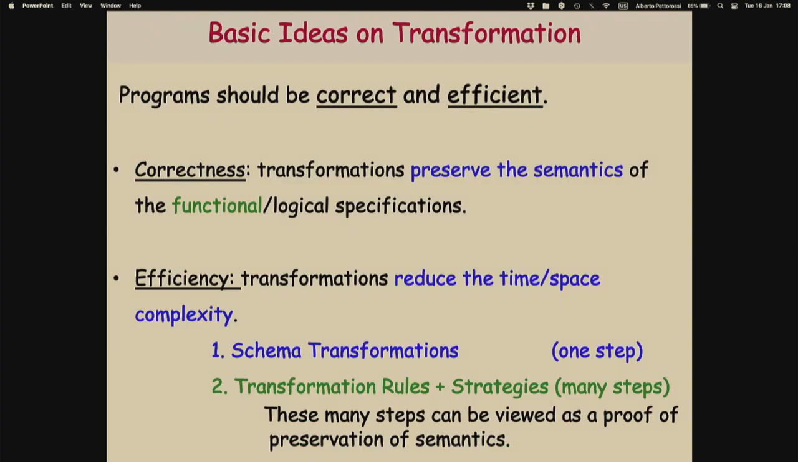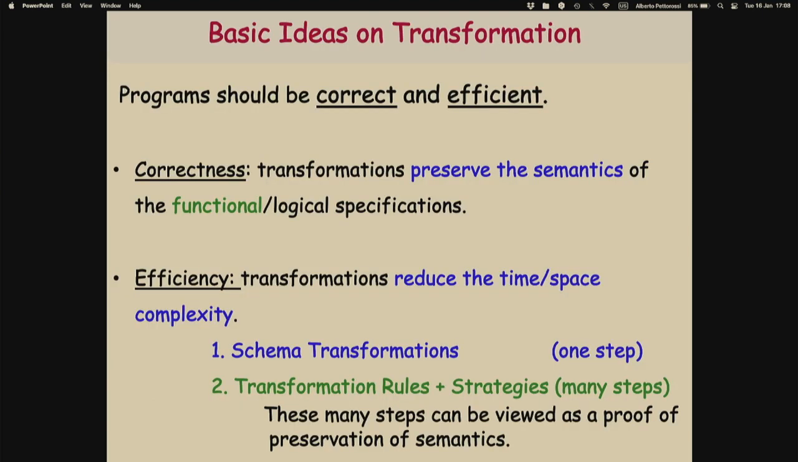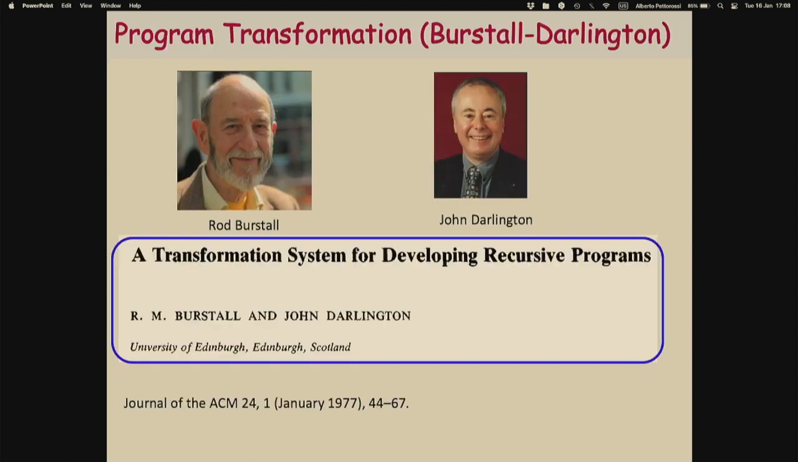So let us look at another approach. This is the transformational approach done by rules plus strategies. It's in many steps. These many steps can be viewed theoretically as the way of proving the schema equivalence. And this was developed by Rod Burstall and John Darlington. And Darlington did his thesis on program transformation under Rod's supervision, and a few years later, I was also a student